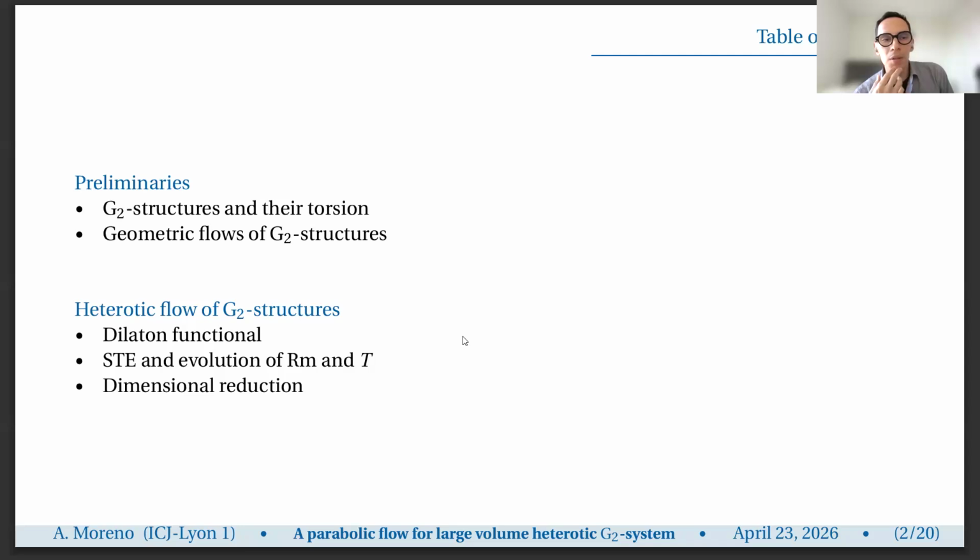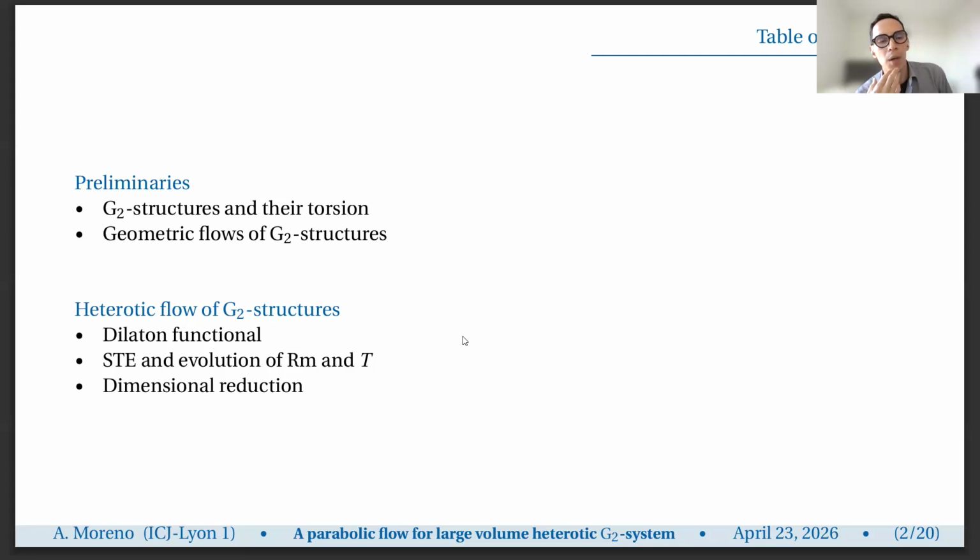The idea for this talk is to give some background on G2 structures and torsion, and geometric flows of G2 structures, some of which have been seen before here. Sorry for the repetition, but it is just in order to fix some notation. Then in the second part, we are going to define this heterotic G2 flow. I will try to explain